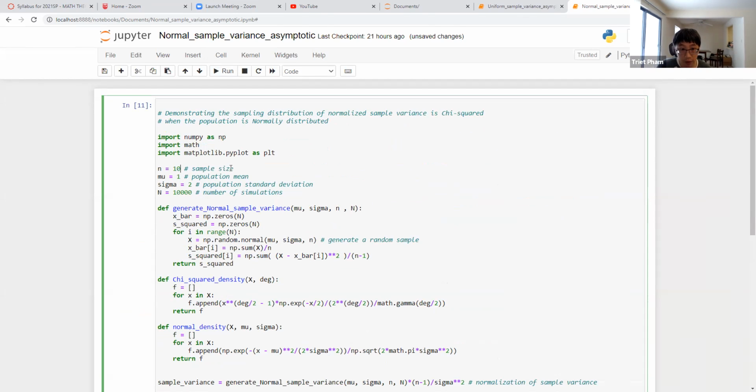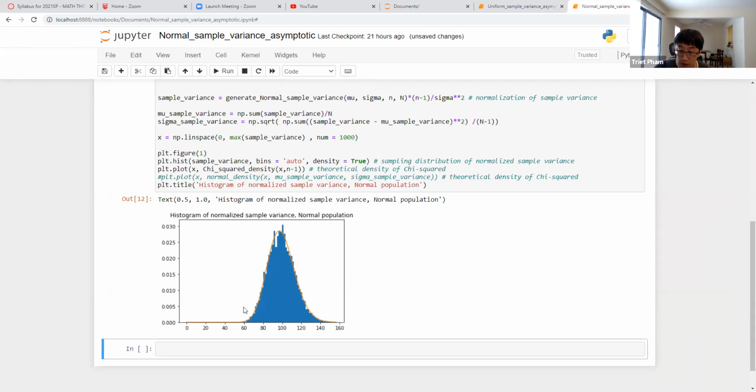Let me change it to 100. See? I'll be more convincing when I show something else, the normal curve. Notice this orange, green, whatever line is still the chi-square density. I'm not plotting the normal density here. I'm plotting the chi-square density. So before I show you the normal stuff,